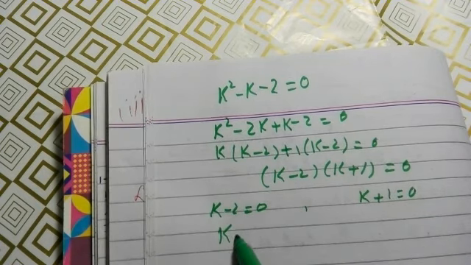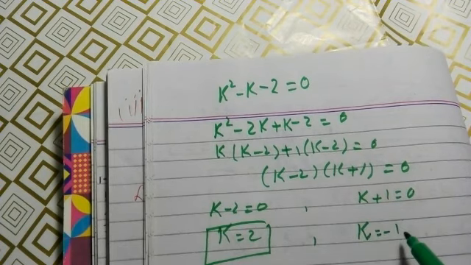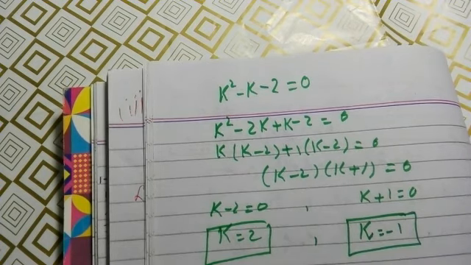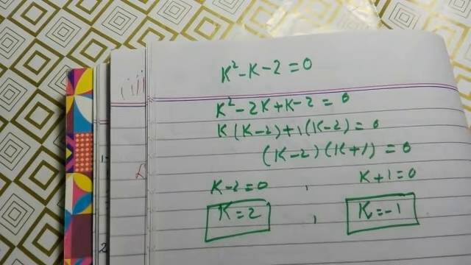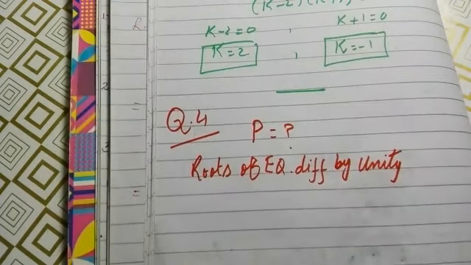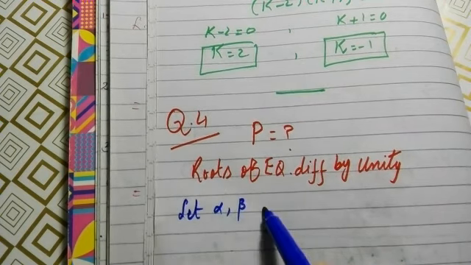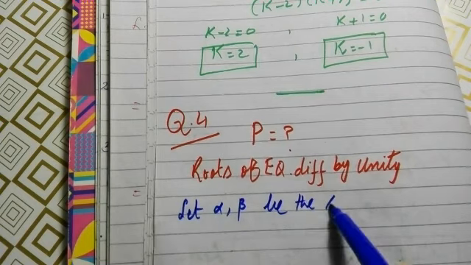So k will be equals to 2 and k will be equals to minus 1. So this is how you will finish the question. It is question number 3 and part number 2 we have just finished. In question number 4, we have to find the value of p, and here you will see that roots of equation differ by unity. So we will start it like this: let alpha beta be the roots of equation,